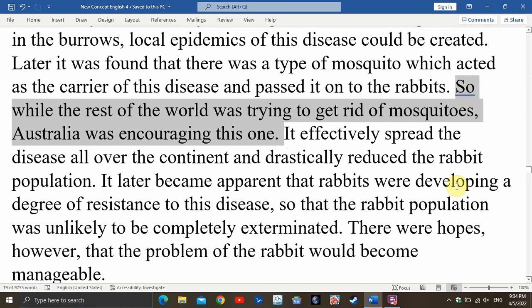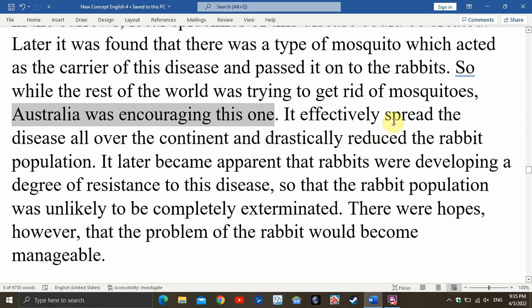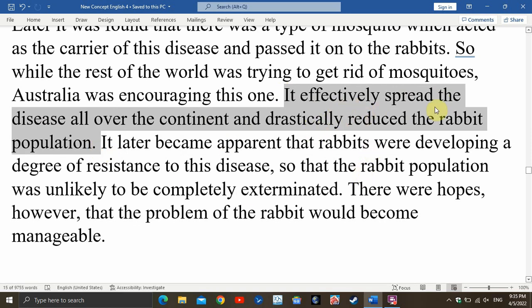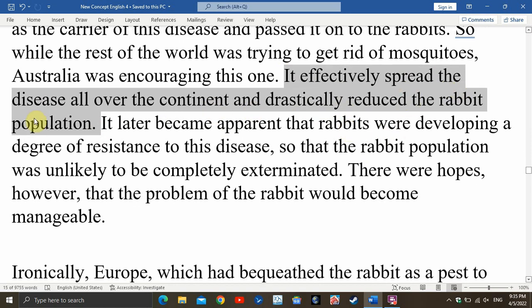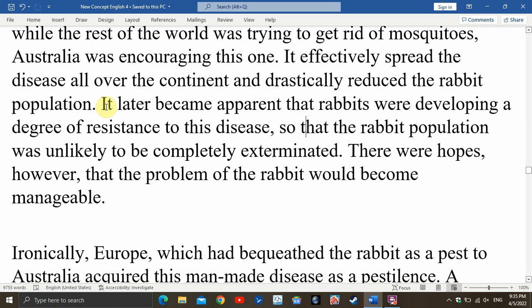好。那么这一句是一个时间状语从句：while the rest of the world was trying to get rid of mosquitoes，那么 Australia was encouraging this one。这里 this one type 是指 one type of mosquito，这个 one 就是指那个 a type of mosquito。然后 it effectively spread the disease all over the continent and drastically reduced the rabbit population，这是简单句，两个谓语并列，spread all the disease all over the continent and drastically reduced，这个 and 连接的是两个谓语。